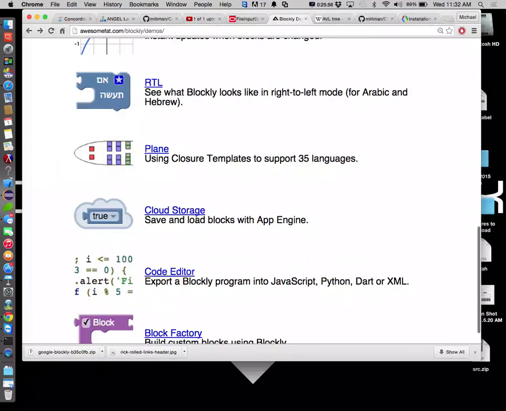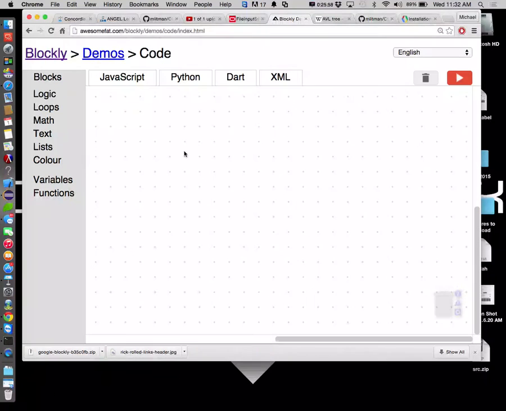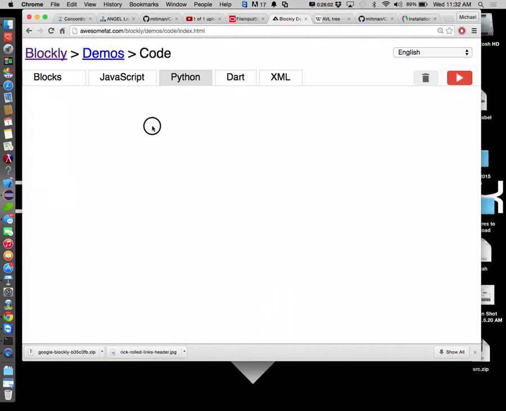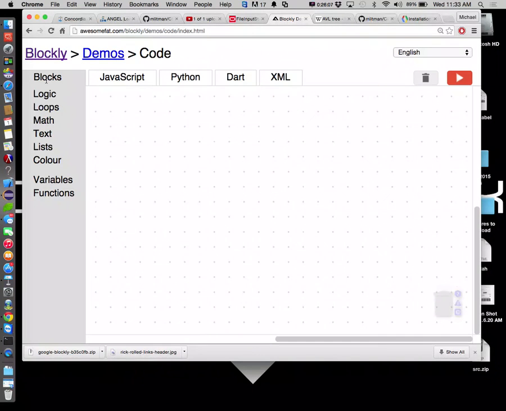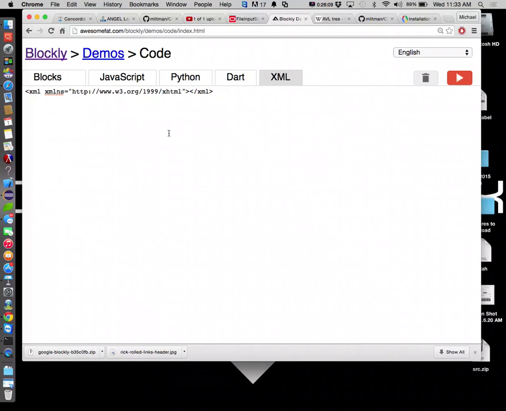Let me go back real quick. Go into the code editor. Can I write Python and have it spit it back to blocks? Doesn't look like it. Can I edit this though? I can edit that. So it seems like the way we would save stuff then